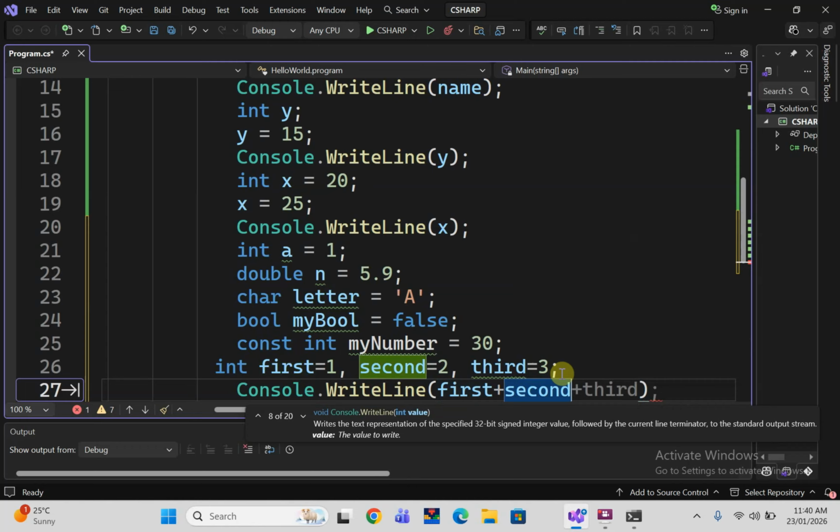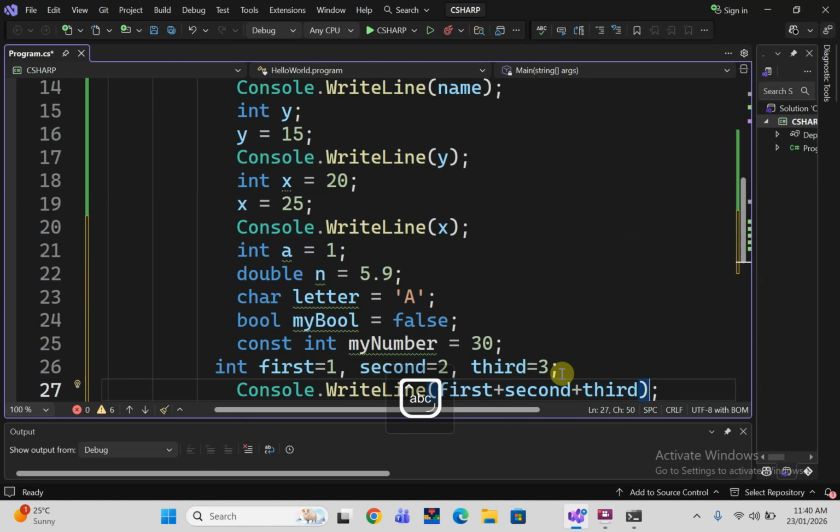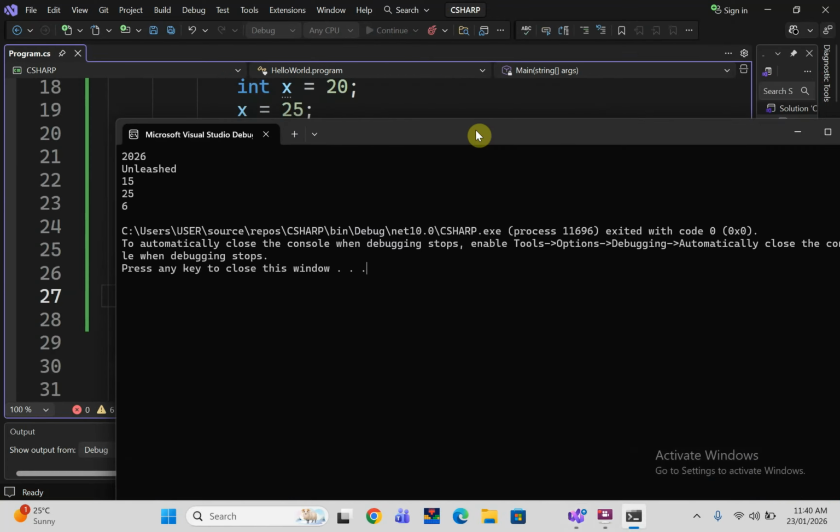Second, press a third. Now we are declaring many or multiple variables. So then let's try to run this. You see,